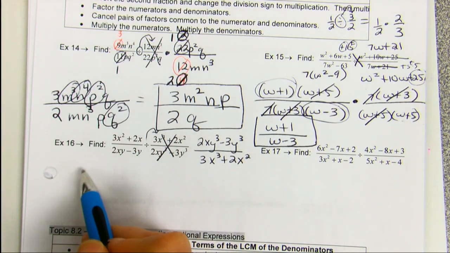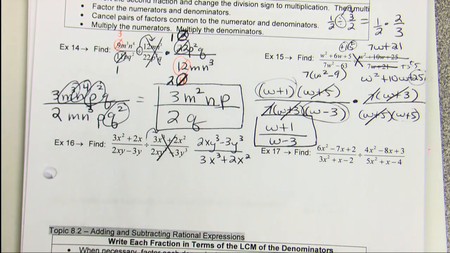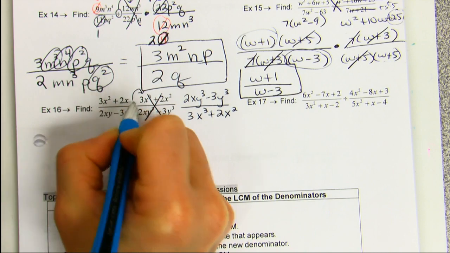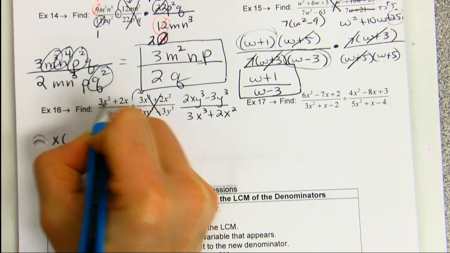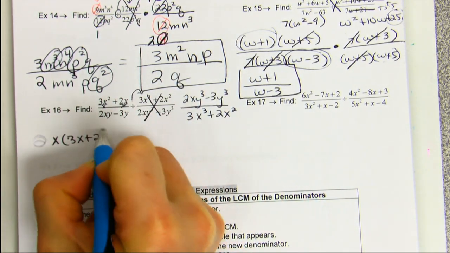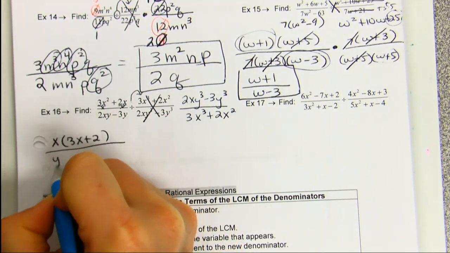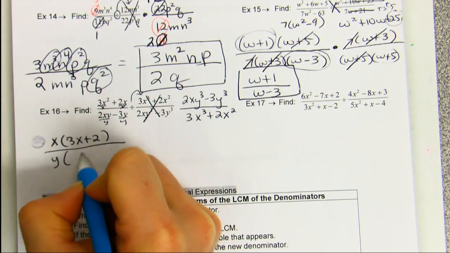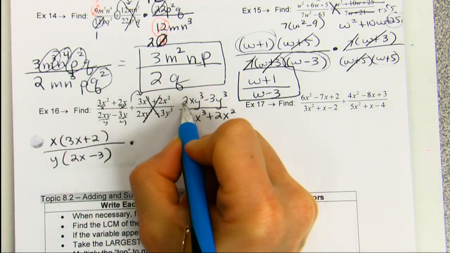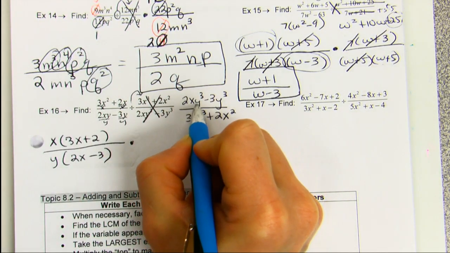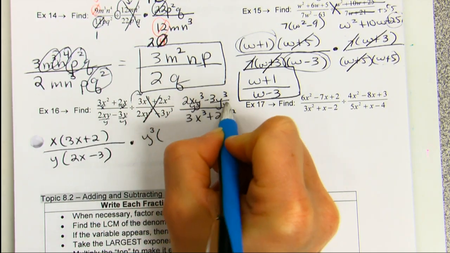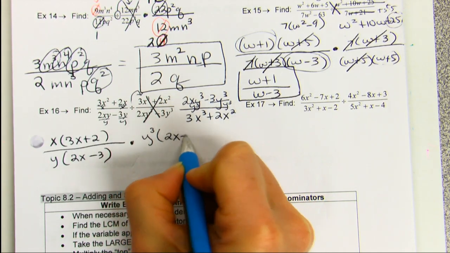All of these have GCFs. I see just 2 terms, so it's a good indication that you're looking for some GCFs. And we have x in common here, so we're just pulling out an x. And maybe you can squeeze it in underneath there like that. So you have a 3x plus 2. Here they both just have y in common, so you could only pull out a y, so that would be a 2x minus 3. Times, they don't have numbers in common, but they do have y cubes in common, so we can pull out a y cubed. So that would leave you with, I'll write it underneath, 2x minus 3